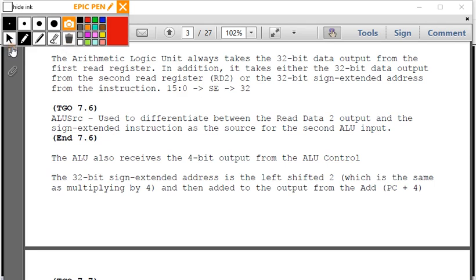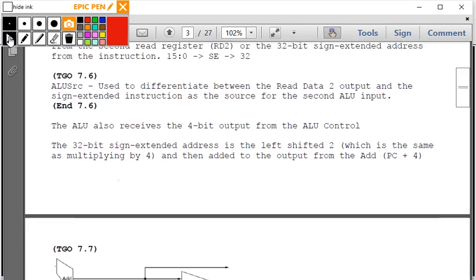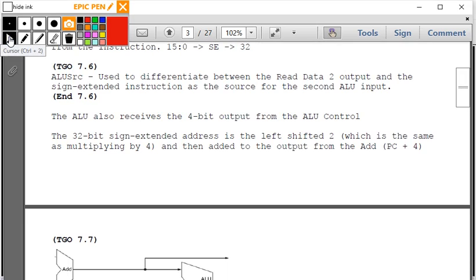So let me give people time to finish up writing this definition. Scroll up. All right, so